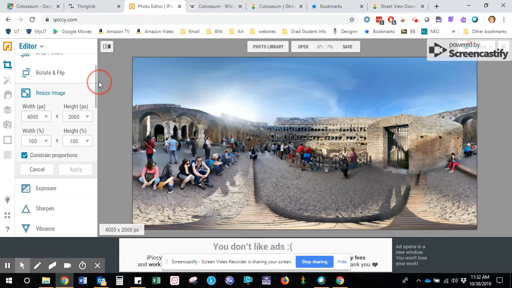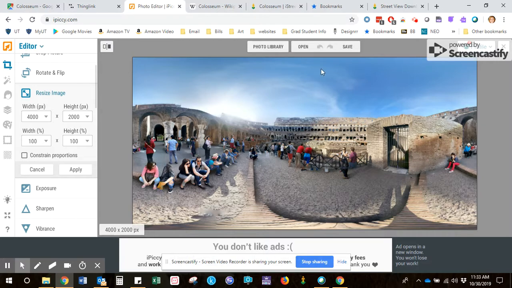If you have an image that you need to resize because it's not already a 2-to-1 ratio, for example, if I had a 3,000 width here, I would need a 1,500 height here. So the width is 2 times the height, and that's what we need for Thinglink. If it were not exactly 2-to-1, it will not work in Thinglink. So you would need to take your constrained proportions off and make sure the width and the height are exactly a 2-to-1 ratio, even if you have to warp the image just a little bit by changing those